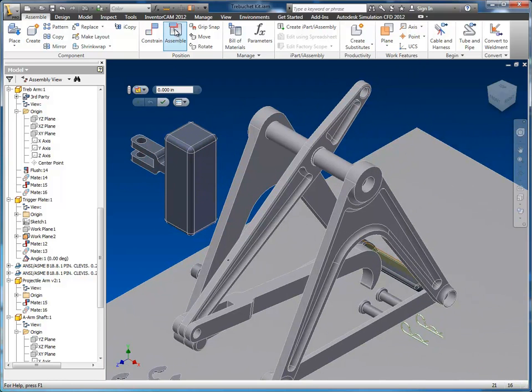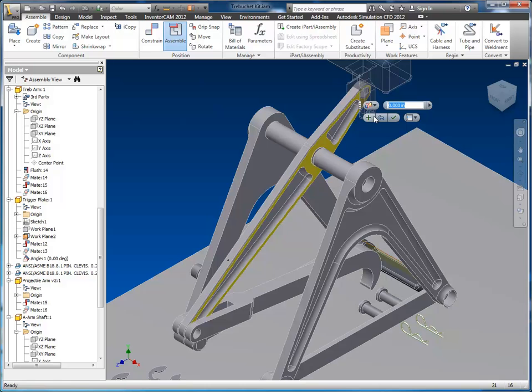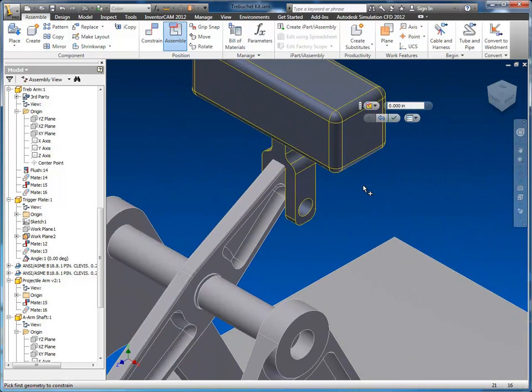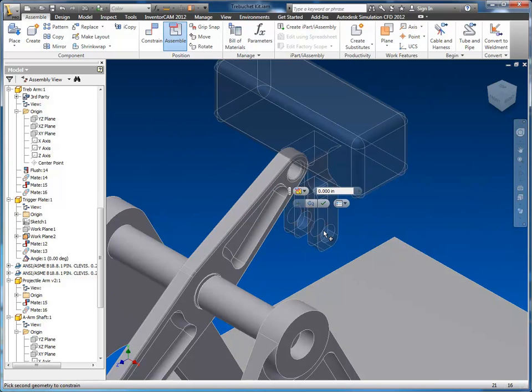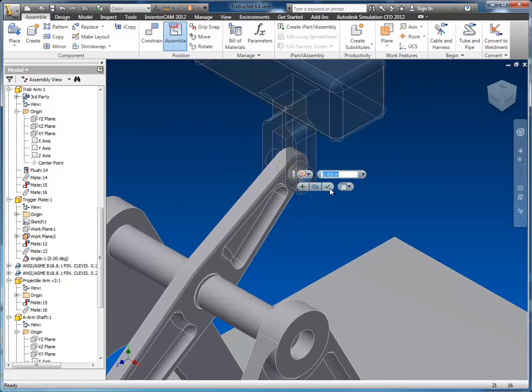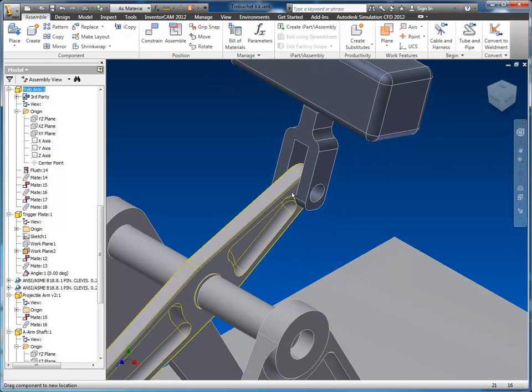Now I'm going to go back into the assemble command. I'm going to assemble this face to this face. I'm going to temporarily apply that, and it's upside down, which is no big deal. I'm going to select other, and I'm going to get the axis for this weight, and I'm going to select the axis for that hole. And now that I've got two applied, I'm going to hit OK, and now I have the ability to, well,